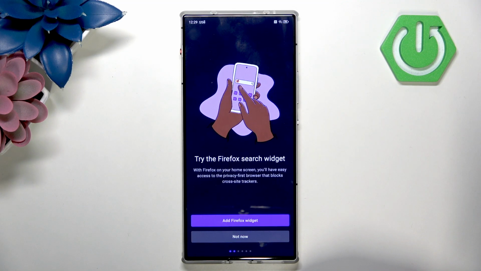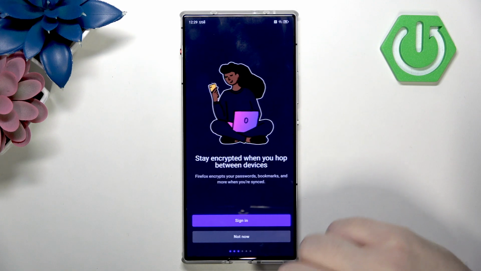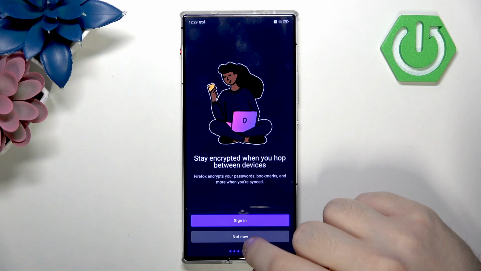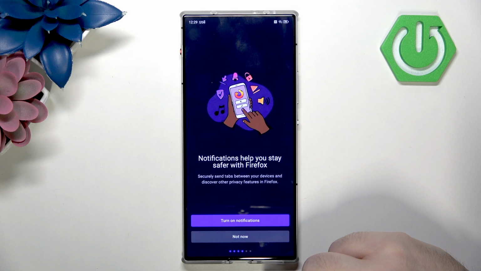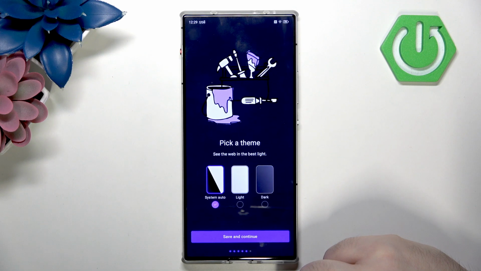you can click cancel, and here you can add Firefox widget, or you can click not now. Now you can sign into your Firefox account, or you can click not now. Here you can turn on notifications from this browser, or you can click not now again, and now you can select